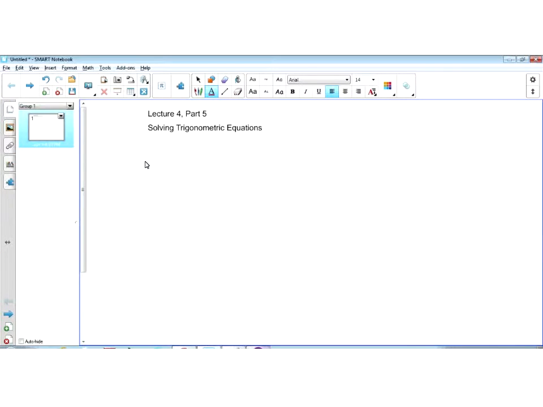So this is the last lecture of Chapter 4, Lecture 4, Part 5, solving trigonometric equations. In as much as we solve algebraic equations, we can solve trigonometric equations. So for example, suppose we want to find the values of x that satisfy 2 sine x minus 1 is equal to 0,